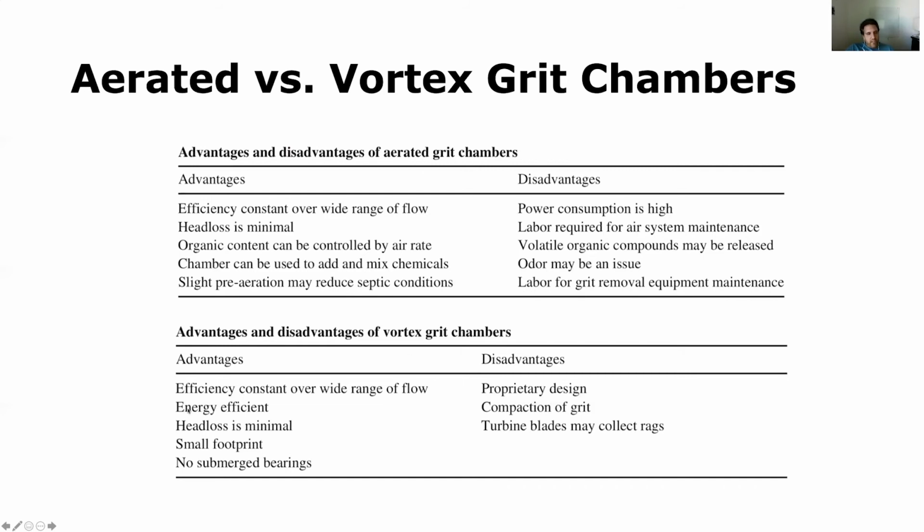For the vortex grit chamber, it's also efficient over a wide range of flows. It's much more efficient than the aerated grit chamber in terms of energy consumption. The head loss is minimal. It has a smaller footprint, and there's really no moving pieces that are submerged. So because of that, it's easier to maintain, creates less maintenance issues, might be lower cost associated with labor for maintenance. The disadvantages are that the design is proprietary, meaning that you typically have to buy it from the manufacturers